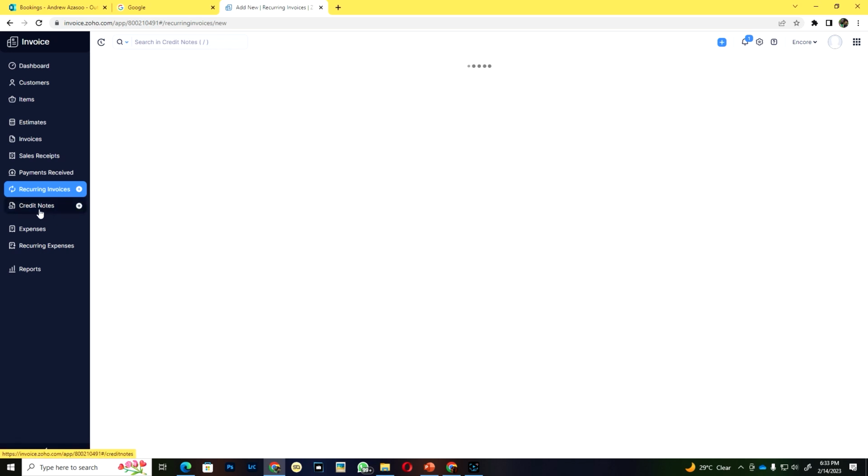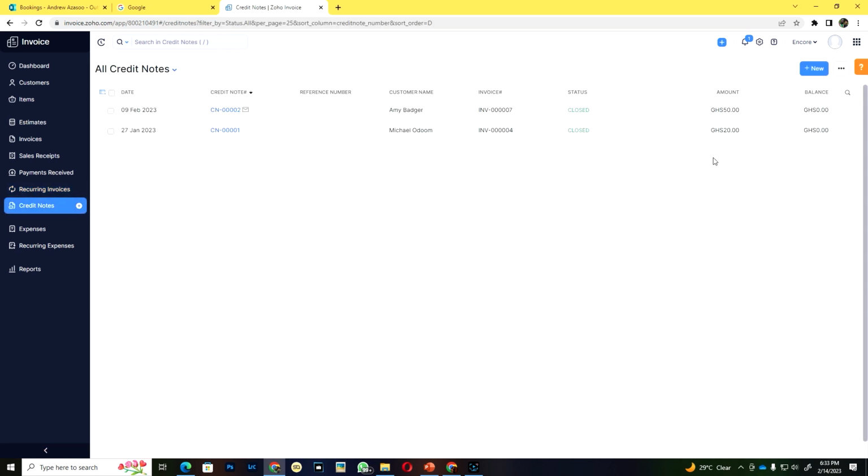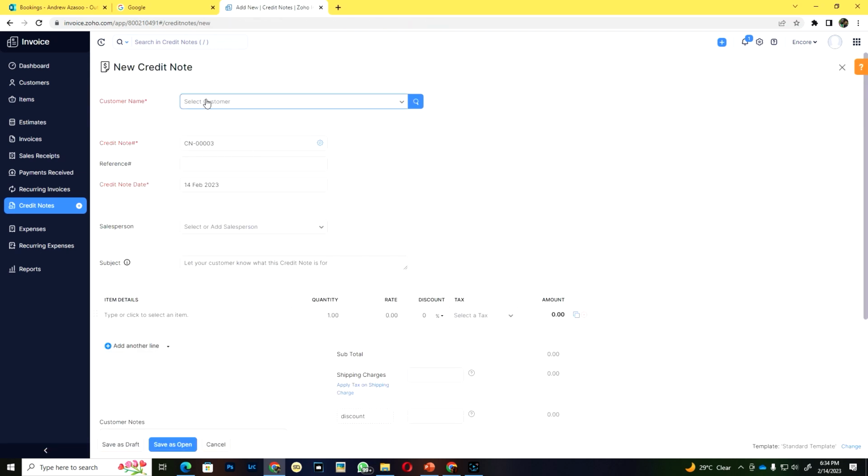Now, when you look at credit note, you can create a credit note for a client. So a client paid you, and then you realize that he has paid more than he should, or you want to give them something. Now, in my studio, I'm doing a 10% shoot. So if you recommend somebody, you get 10% from the studio. I'm not going to give you cash, so I will come in and create a credit note in your name. So if I select Michael,